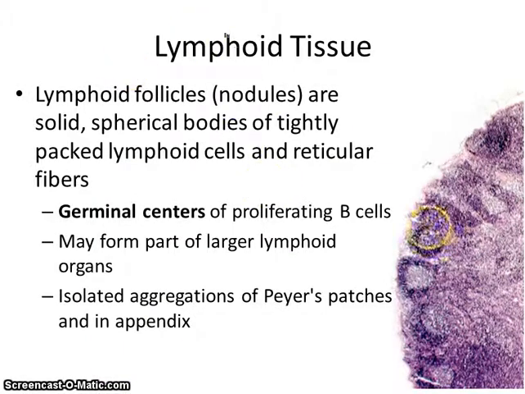Lymphoid follicles are these dense, packed areas with lots of lymph cells and those reticular fibers. So like here you can see in this picture, where's my mouse? Okay. Like the dark purple circles are lymphatic follicles. The middle of these are called germinal centers. Inside the germinal centers, that's where B cells proliferate. Once a B cell gets activated, it clones itself multiple